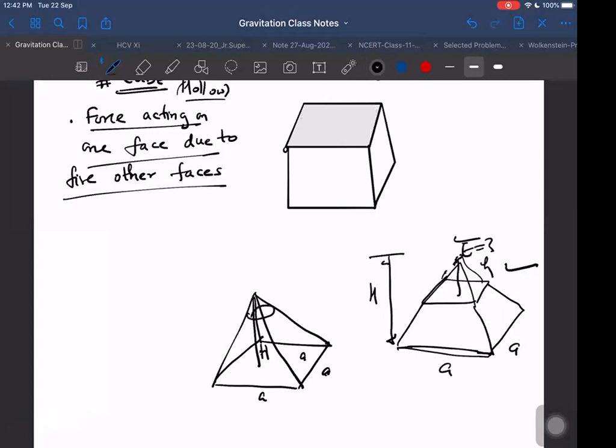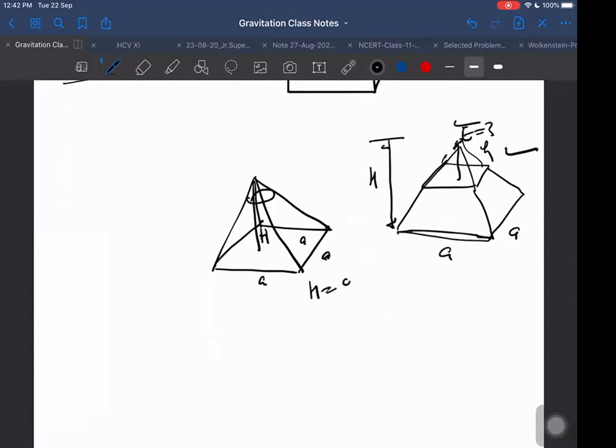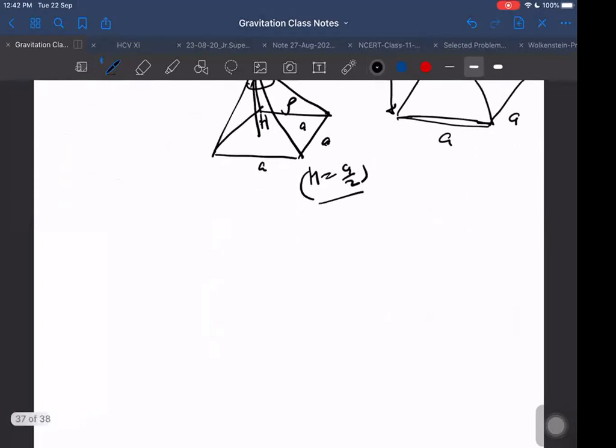Sir, if we know about the square, we can know about the solid angle formed by that. Let me give you the height as a by 2. Now you do it. Height is given as a by 2 and the base is a by a, and find the field at the vertex, with density given. Can you find it out? Try it once. I will discuss it tomorrow.